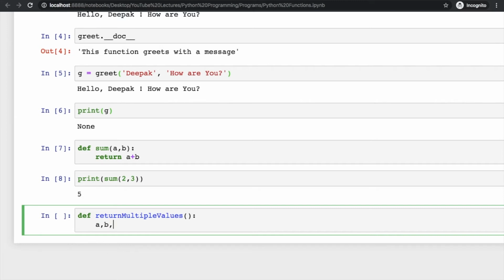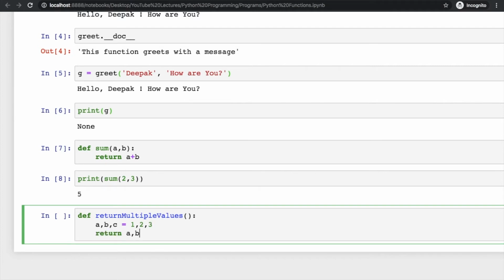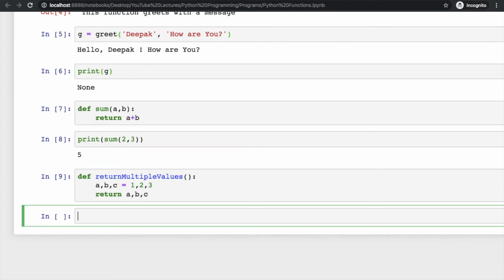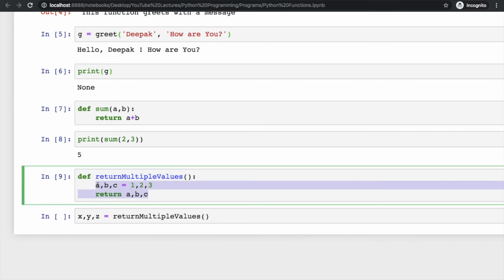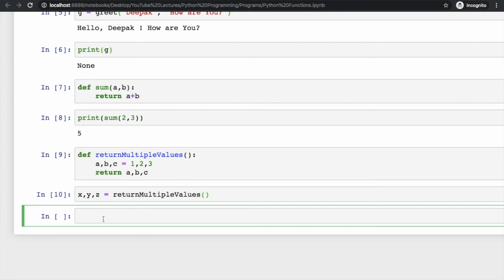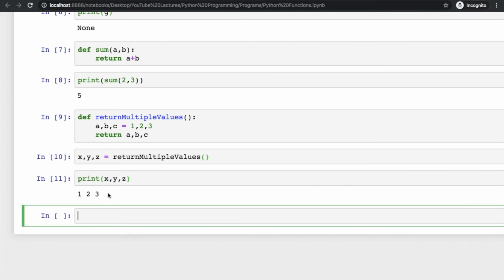Or what I can do, I can create three variables here, 1, 2, 3, and now this will return a, b and c. Clear? Call this function and accept these values in three other variables, x, y, z. You can also write a, b, c, because here the scope and lifetime of these variables have ended. So this abc, if I write here, will be different from this abc, but for creating a difference I am writing xyz here. Now this function has returned three values, x, y and z. You can print these out, x, y, z, and here are the three values.